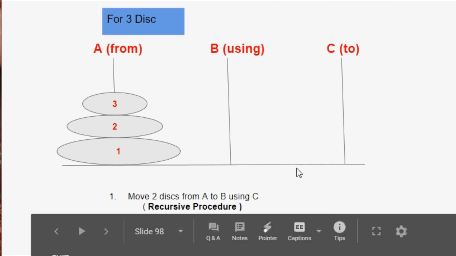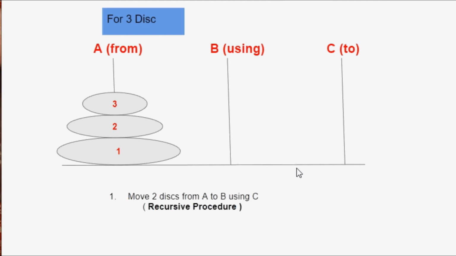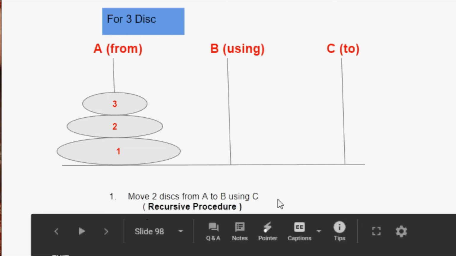But since we have already discussed this in our previous solution, where we were discussing the transfer of two disks, here I have not written that thing again. But if you have any doubt, you can just understand that first of all take out disk number 3 from A to C, then take out disk number 2 from A to B, and then again place that disk number 3 from C to B. Since this is a recursive procedure, that is why I have written this is a recursive procedure.